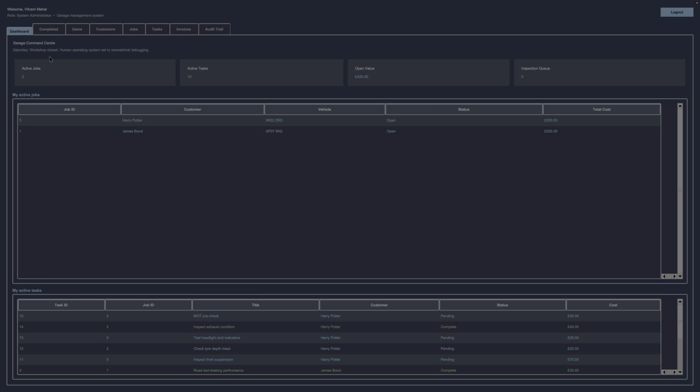It has a list of the active jobs, a list of active tasks assigned, and also shows previously completed jobs and so on. And the role functionality works where each account is limited to their requirements,